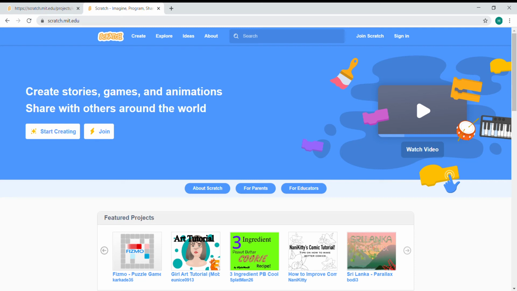Hi, welcome to the next section of this activity pack where we are going to start creating our model within Scratch. So if you've not used Scratch before, it's a free online program that you can use. So if you go online to scratch.mit.edu, it will take you to this website here. And then to start your own program, you just go to Create up here and it will load a new